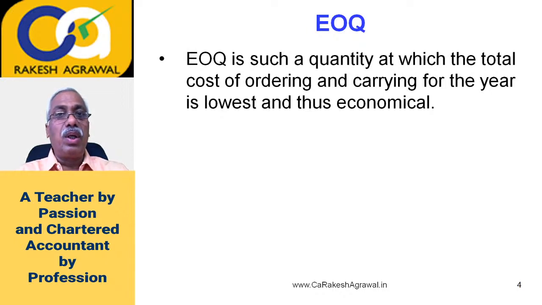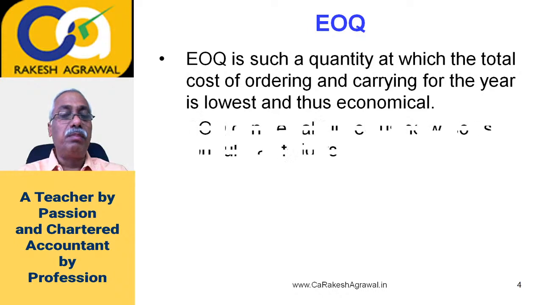Please remember, we are all talking about raw material which we want to buy from the supplier. So we want to buy, let us say, 10,000 units in a year. So we have to decide, should we order all 10,000 in one stroke, or should we give the order of 5,000 units twice, or should we give the order of 2,000 units of raw material 5 times, or 1,000 units 10 times. So how much quantity we should order at a time to the supplier, and that quantity is EOQ, that is most economical, at which the carrying and ordering cost together will be minimum.